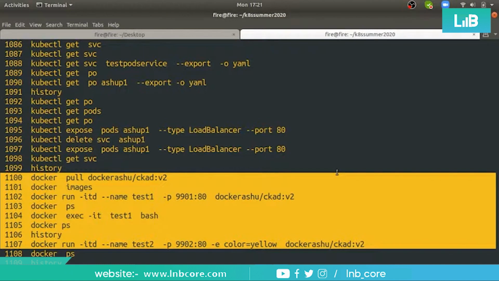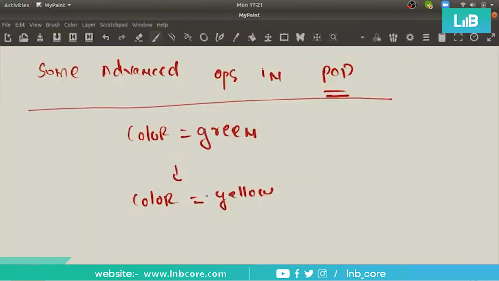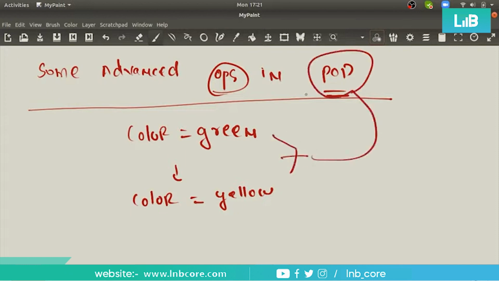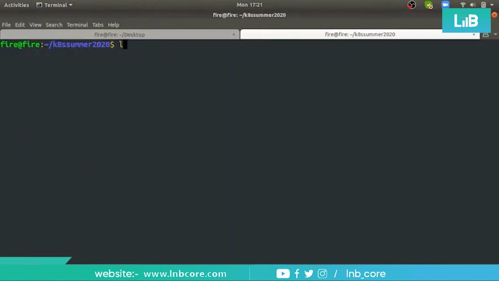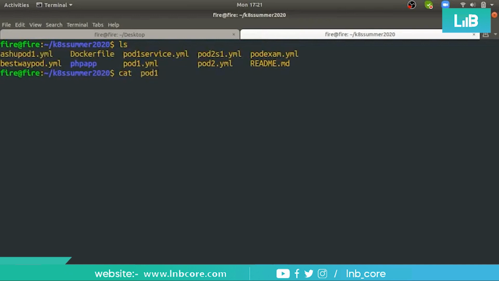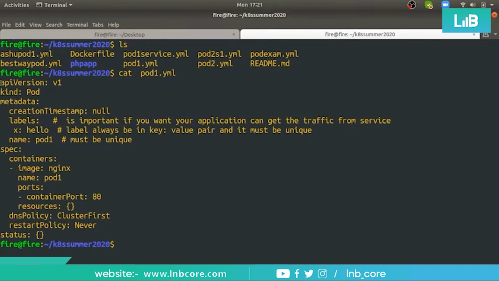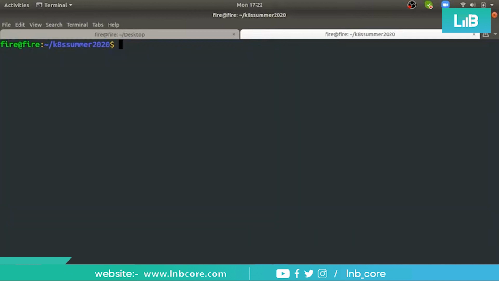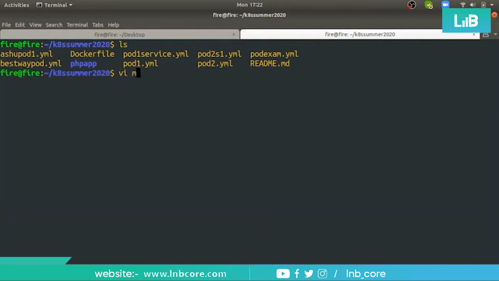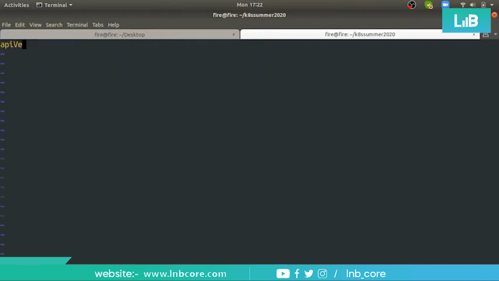fine. So now why have I written advanced pod operation? How are we going to perform this in the pod file? Because as of now, in my pod file, even in pod1.yml or anywhere, there is nothing like environment. Okay, so I'm going to write a pod file, pod with env dot yml. I'm just writing it manually, you know that we don't have to do that. And kind is Pod.